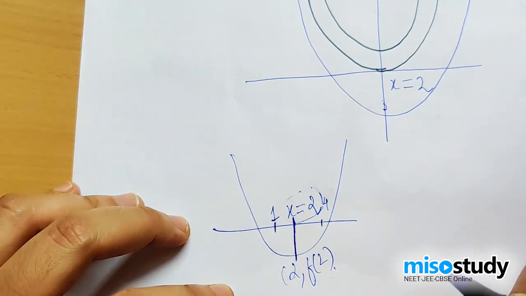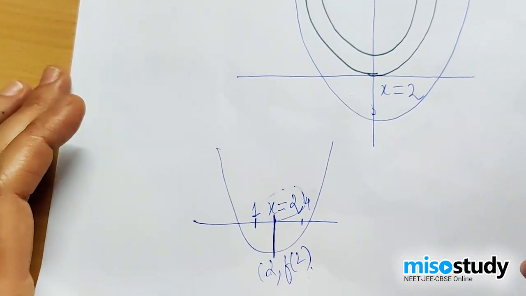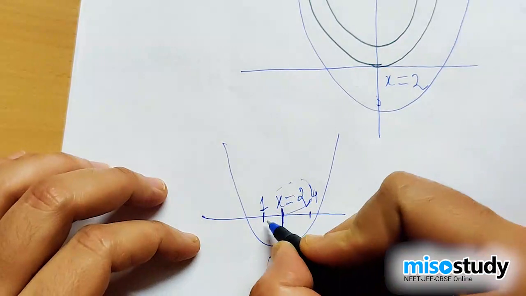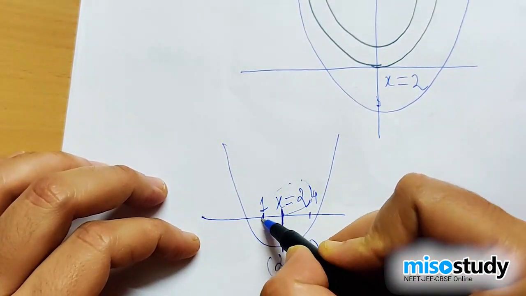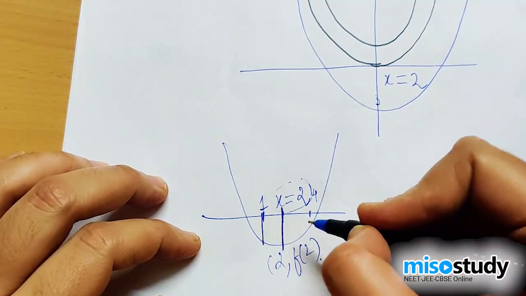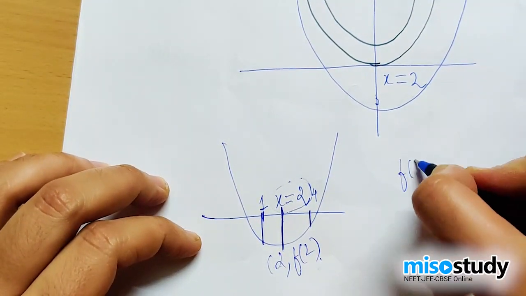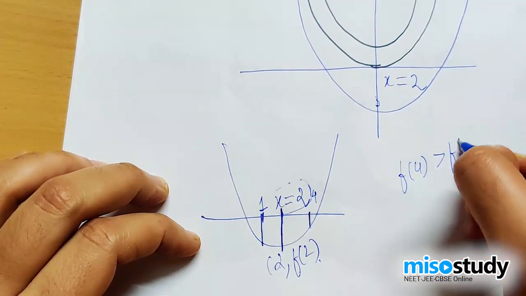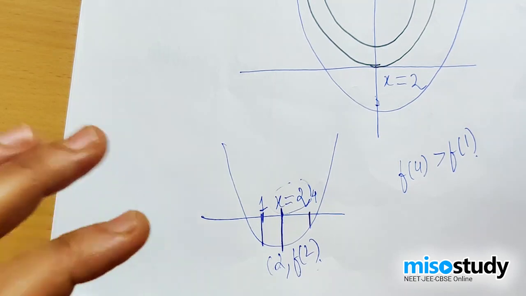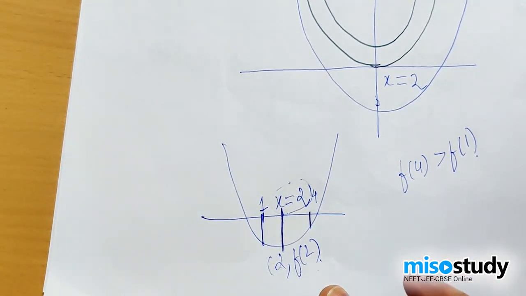Now as we can clearly find out, what exactly would be the value? Now 1 is closer to this. Since 1 is closer to this, the value is more negative, and f of 4 has a lesser negative value. So certainly f of 4 is greater than f of 1. Yes or no? Are you understanding my point? Now, for my convenience I'm taking this graph. It's not mandatory to take this graph.